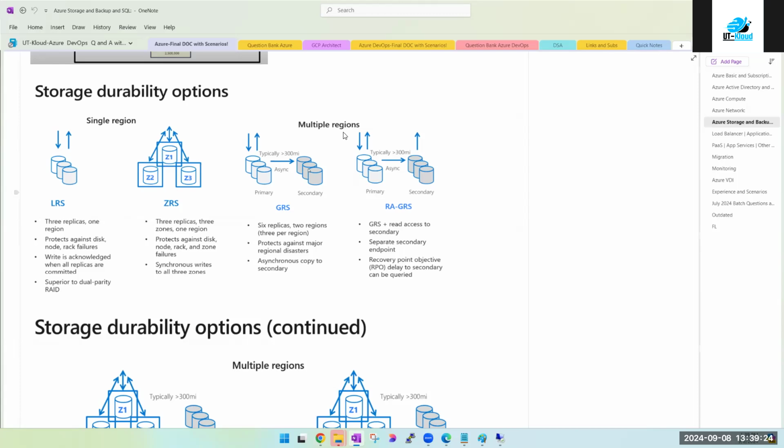We do have balances now available. Only 10 days are remaining on those subscriptions. Please utilize them, and please turn off or delete the resources once you are done with your practical. If you want to share something with me, take a screenshot and share it, but delete the resources. Do not waste the balance, right?